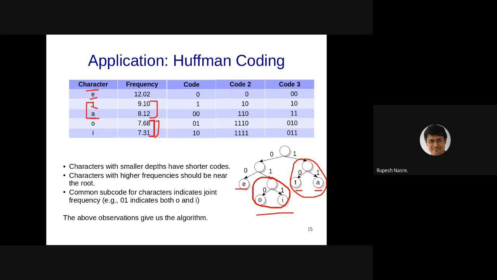OI has the next smallest, which is 14.99, and therefore we are going to combine these two and get whatever is the next frequency, sum of these two, 14.99 plus 12.02, and that needs to be combined with this particular node to get the final tree.